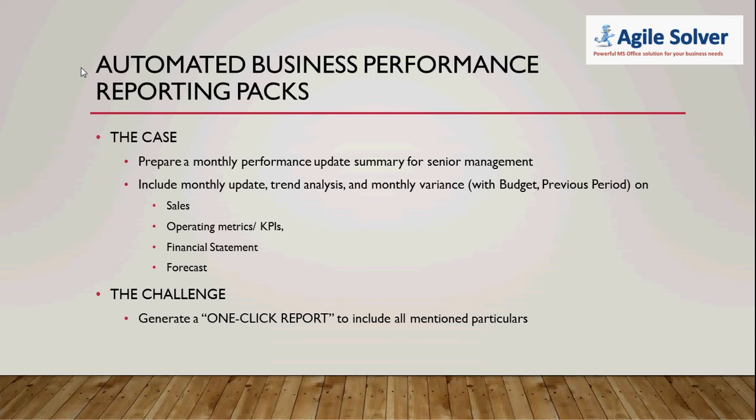Typically, a reporting pack would include a monthly update on four broad areas. One is sales, second is operating metrics or key performance indicators, third is financial statements, which is particularly the monthly financial statements. And the fourth is the most recent updated financial forecast for the next 12 months or maybe next 6 months, whatever the case may be. And then compare these four particular aspects